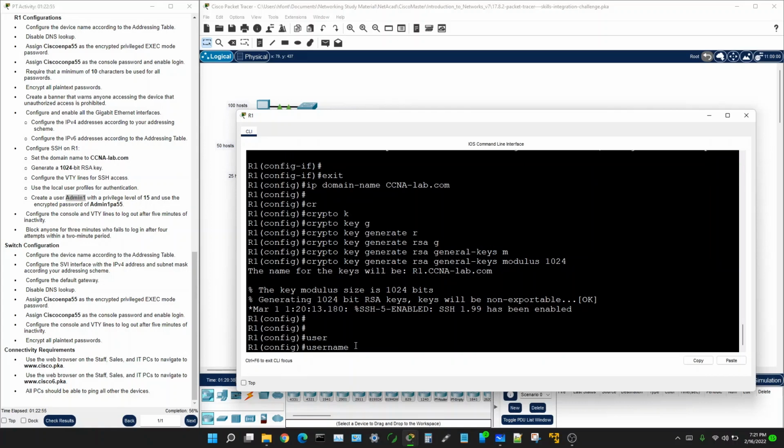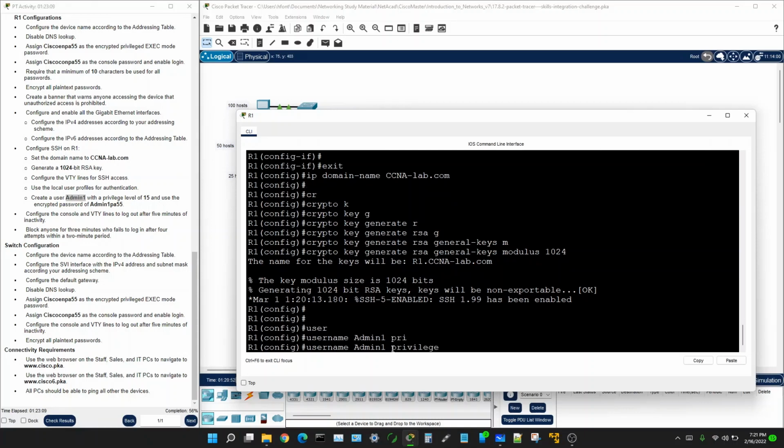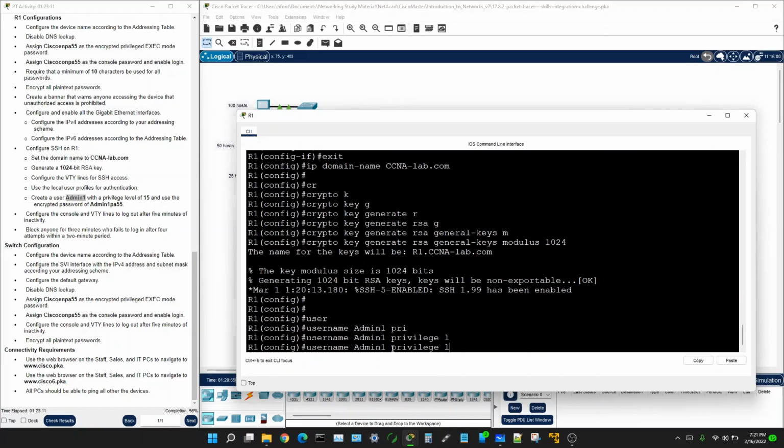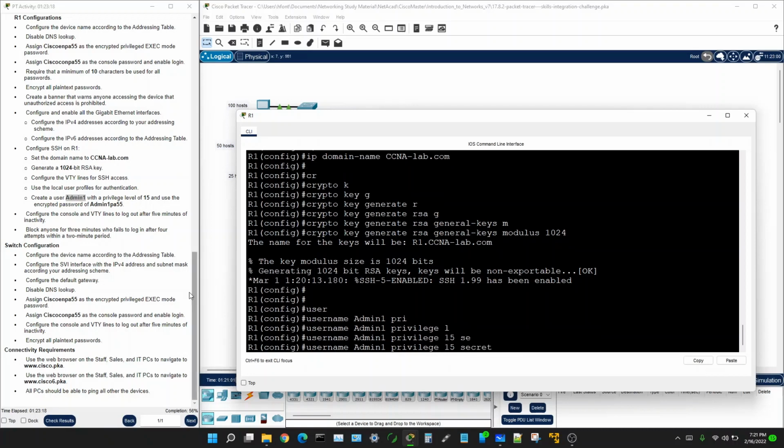So privilege 15 secret for the password. It's going to be admin1PA55. Okay, now that we have that user created,